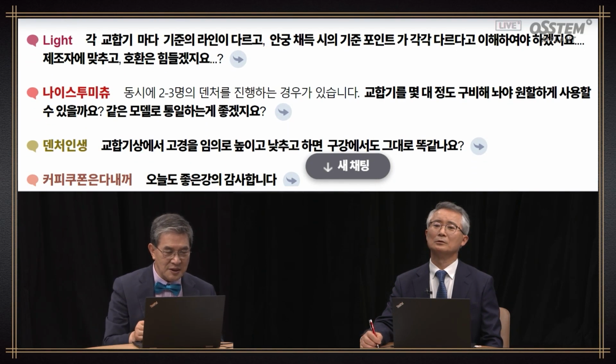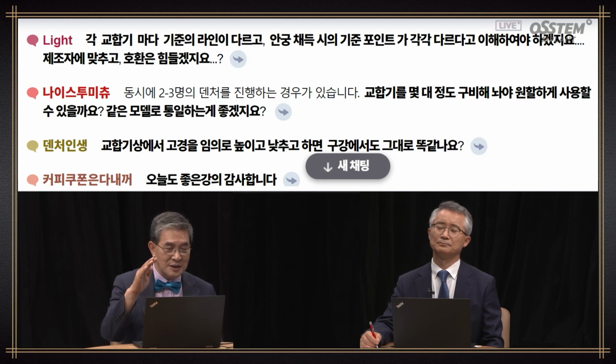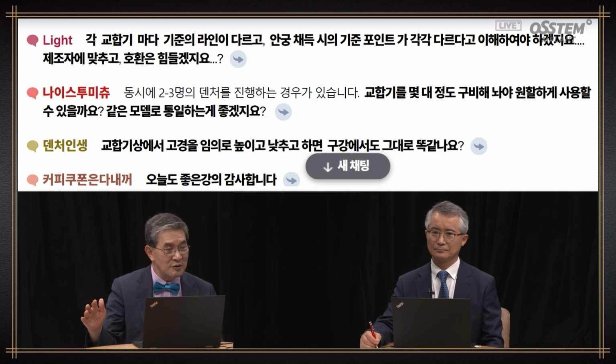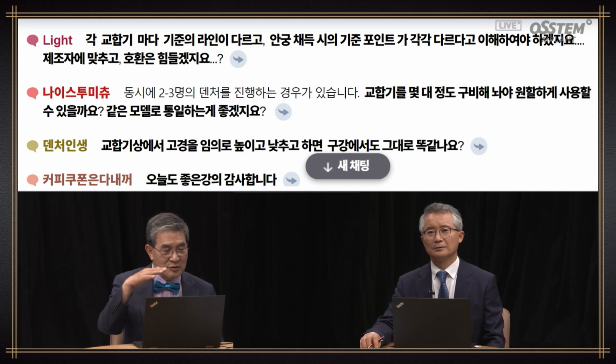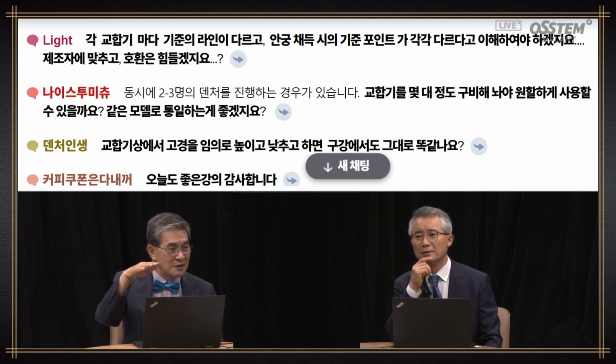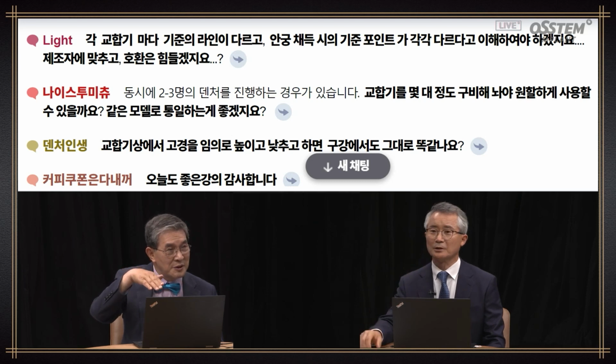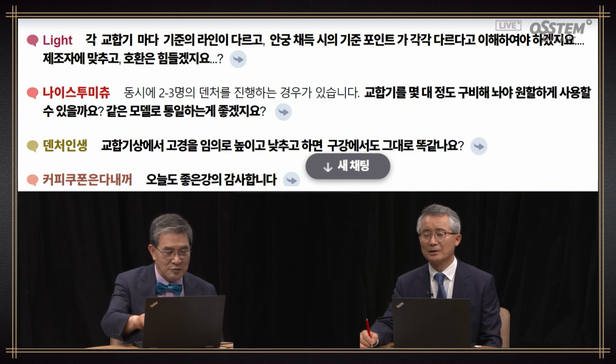There's a different reference line for different articulators, and different reference points when doing facebow transfer. We need to follow the manufacturer's instructions. Are they interchangeable? There are different series from manufacturers, and there can be interoperability between them. But if the manufacturer is different, then you will not be able to use them together. As for the reference points of the facebow, in certain articulators the FH plane is used. In others, the camper's plane is used. There can be differences.